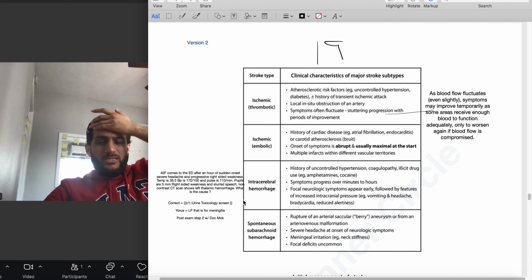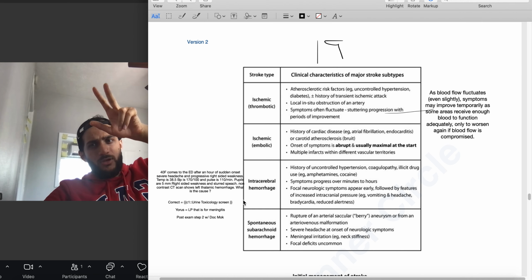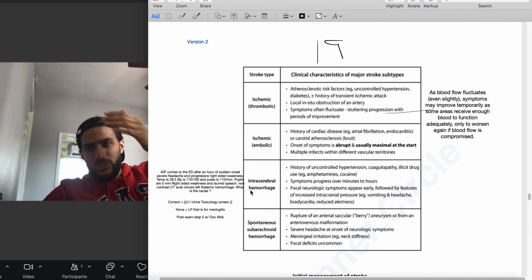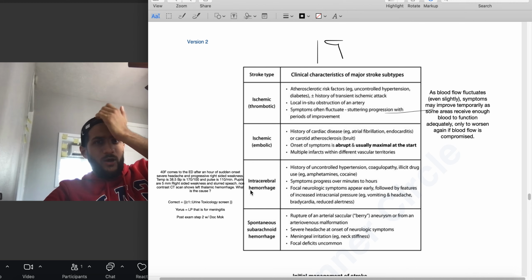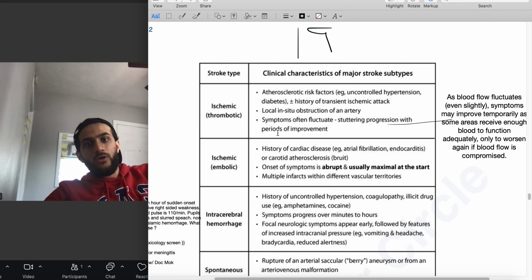You can imagine 3 types of stroke you want to know: ischemic, embolic, and hemorrhage. Those are the 3 main types. Ischemic stroke is essentially due to high blood pressure: uncontrolled high blood pressure, diabetes, because that leads to atherosclerosis, and of course smoking damages vessels. So that's going to lead to obstruction of an artery, and the symptoms often